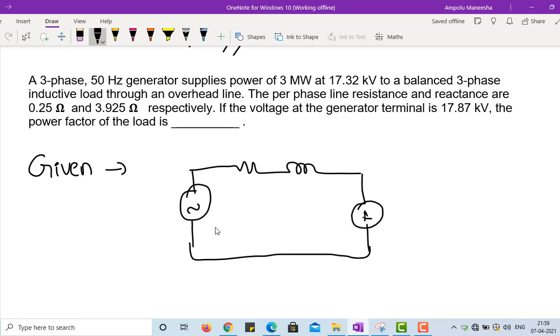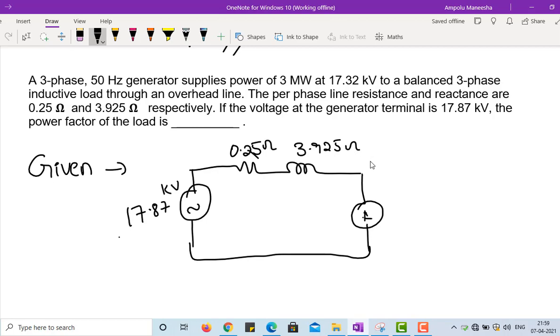This is the single line diagram representation. The generator terminal voltage is 17.87 kilovolts and the resistance of the transmission line is 0.25 ohms and the reactance of the transmission line is